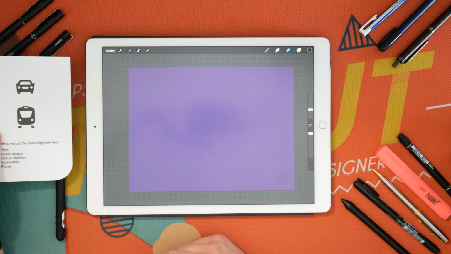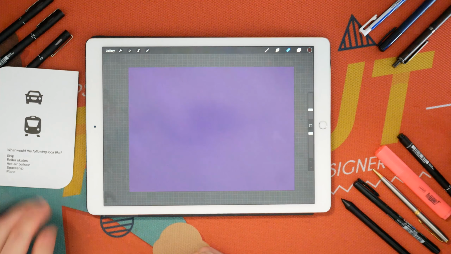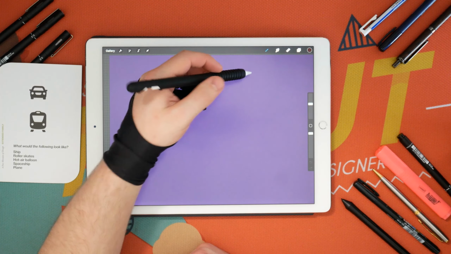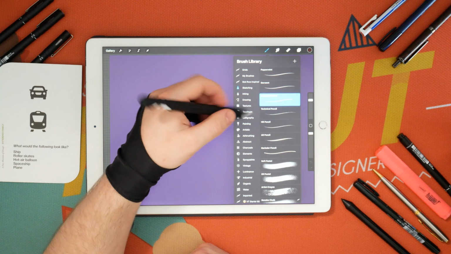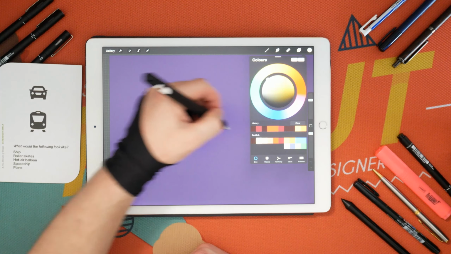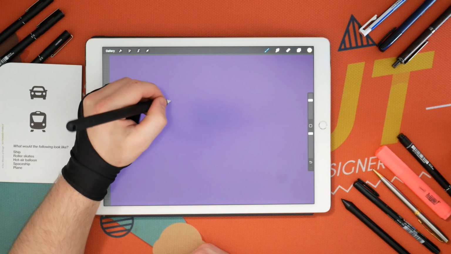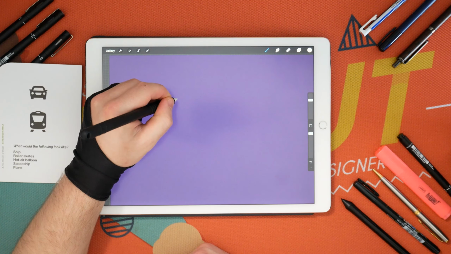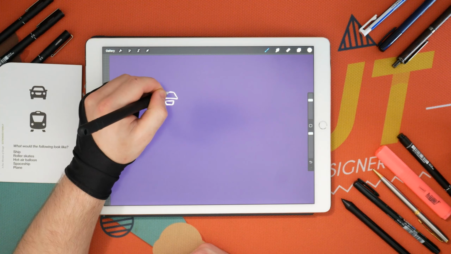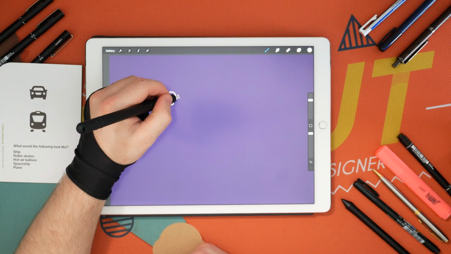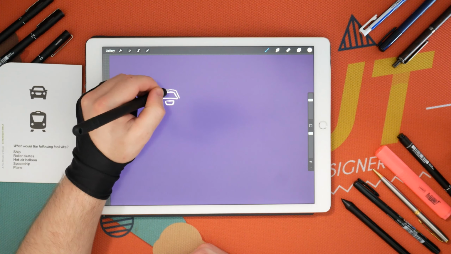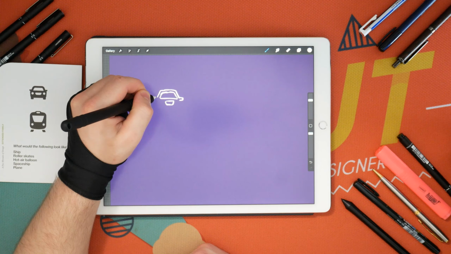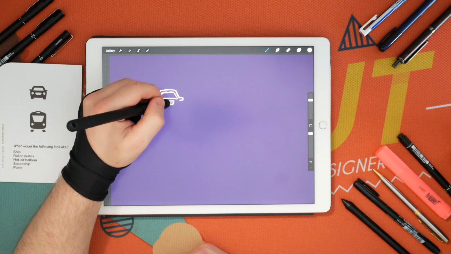Done one of these before, it was quite fun last time. This time it looks like it's kind of an iconography thing, maybe used in traffic signs or other situations like that. I'm just going to bring up a pencil here in white and quickly sketch out the two ones that we've already got here. Now the idea is to draw more symbols in this series that follow the same style, and as you can see it's asking us to draw a ship, some roller skates, a hot air balloon, a spaceship and a plane. So we'll just get the card drawn here just to get into the flow of the thing and give us a little bit of a visual reference on the screen as to what these symbols might